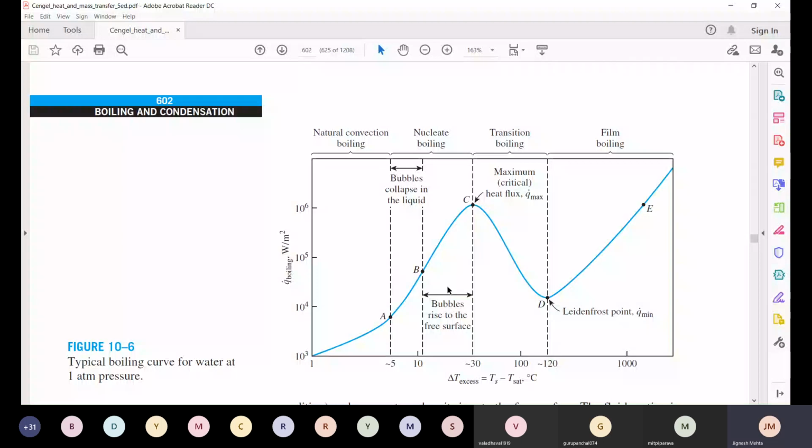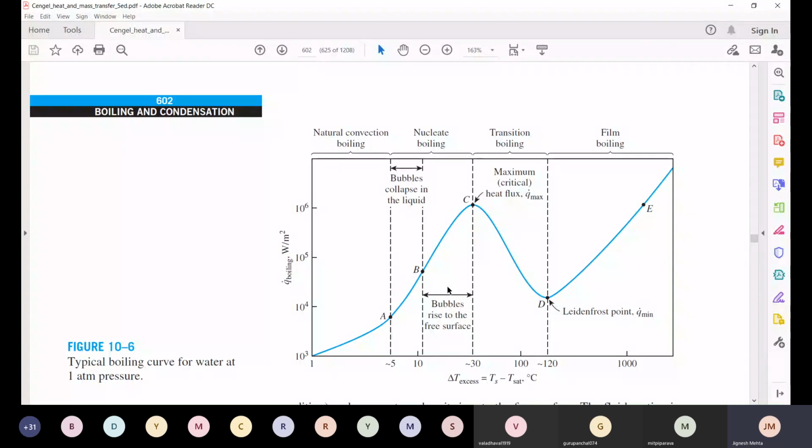The reason for this is that you have entered into the transition regime. Here the generation rate of bubbles is so high that they merge together, and the bubbles become very large in size and start covering a very large area of the heater or heating surface. So vapor is not good for heat transfer, rather it works as an insulation, you can say. So because of that, rather than increasing, the heat flux starts decreasing